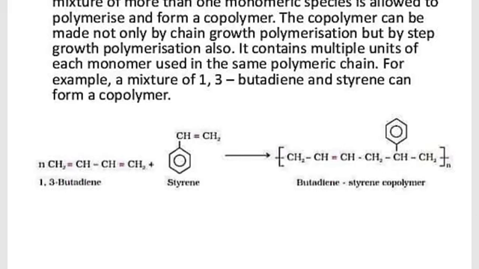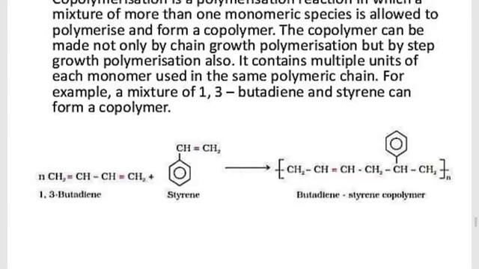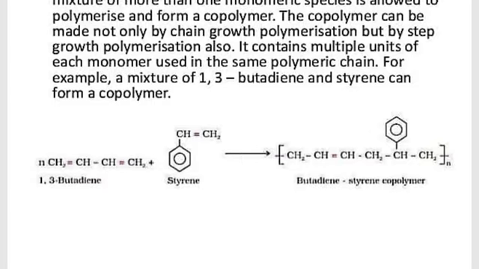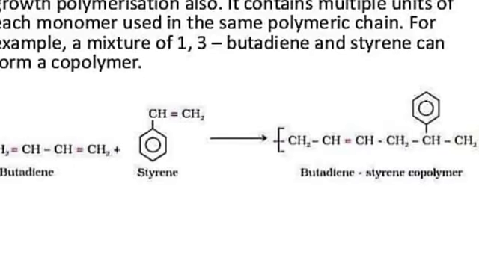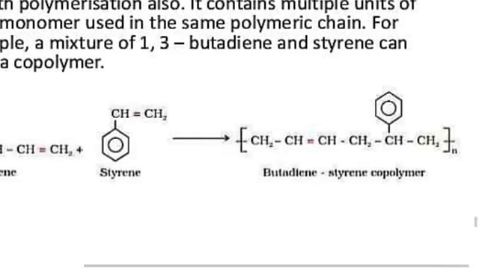For example, if you take 1,3-butadiene and styrene, they may copolymerize in the addition form. So nothing is eliminated, but the monomers are not the same, they are different. So it's called a copolymer. It's not a homopolymer. Butadiene styrene in short is called Buna S. It's a kind of synthetic rubber. So 1,3-butadiene, when you combine it with styrene, you get a new polymer which is Buna S. Bu for butadiene, Na because the reaction takes place in the presence of sodium, and S for styrene. So Buna S is a copolymer.